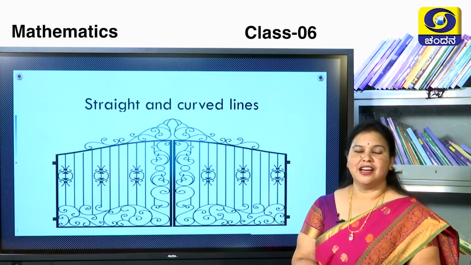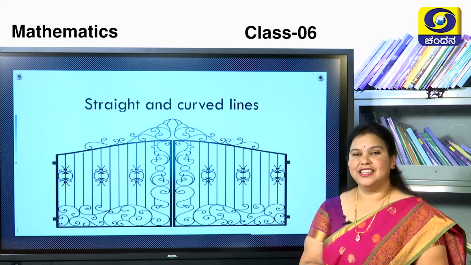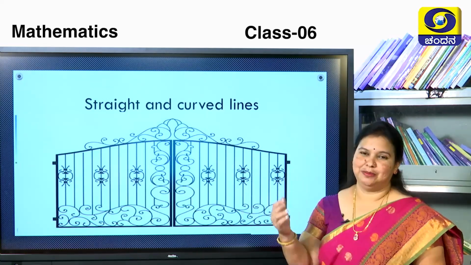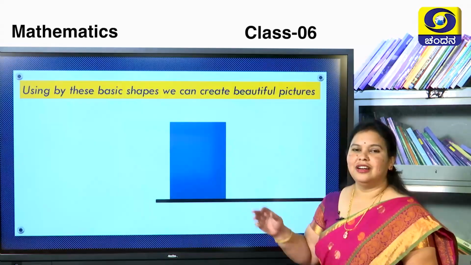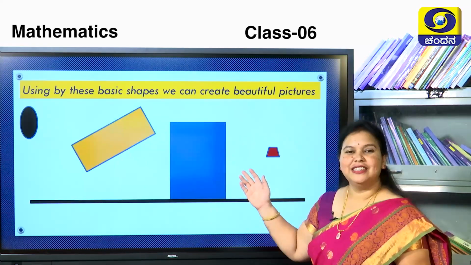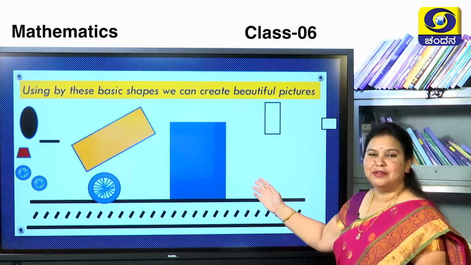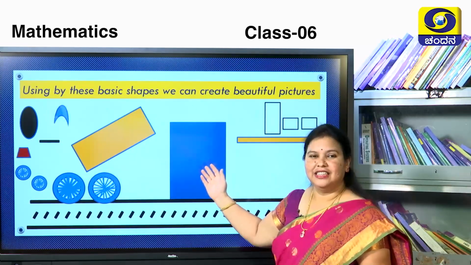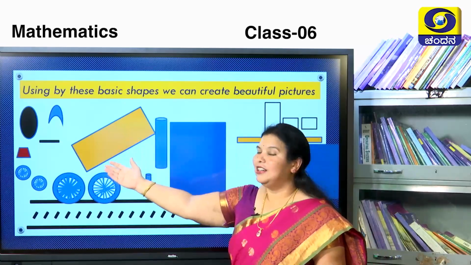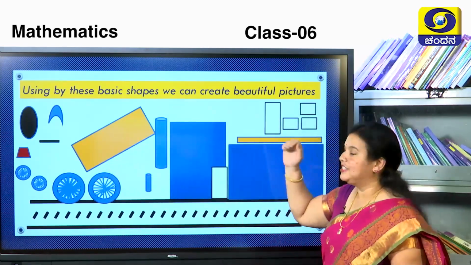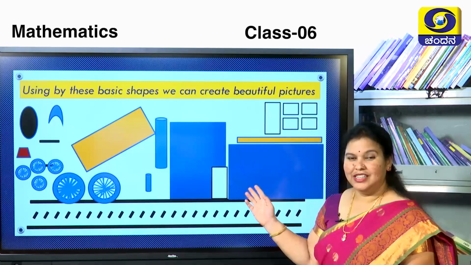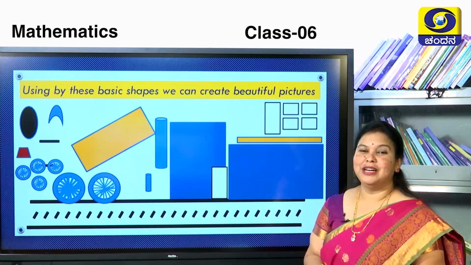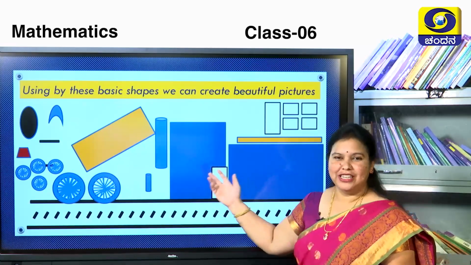So the lines are not just simple lines. We can create wonders. With the help of these lines, we can create different shapes. Now we will learn how to use these lines to make different shapes. See here, you are seeing many basic shapes here. Circles are there, rectangles are there, oval shape is there, one trapezium is also there, and some straight lines are also there. Is it looking beautiful? No, but we can make it beautiful by arranging all these in an appropriate manner.